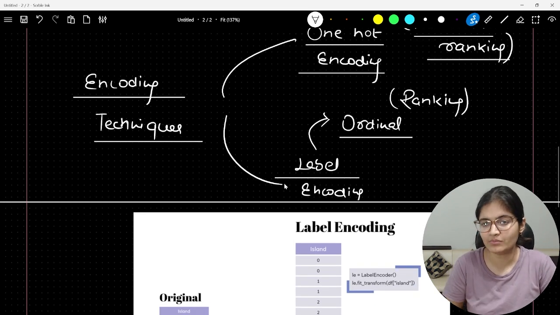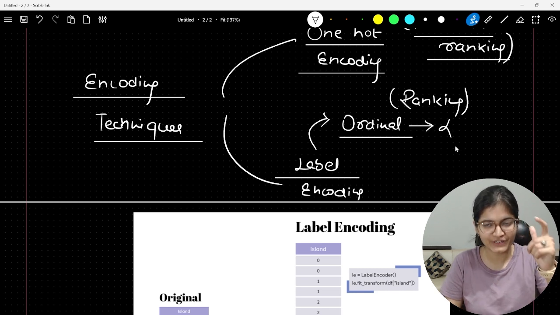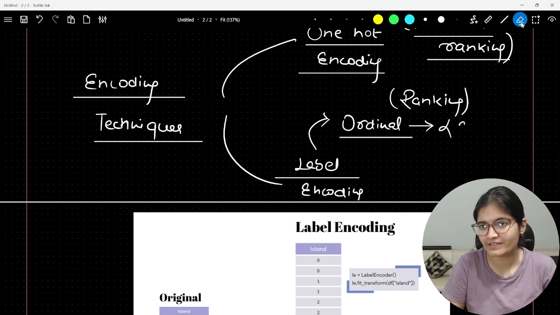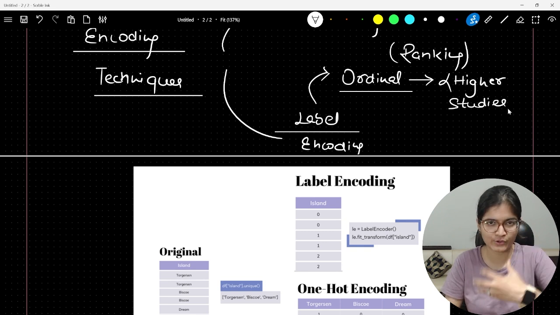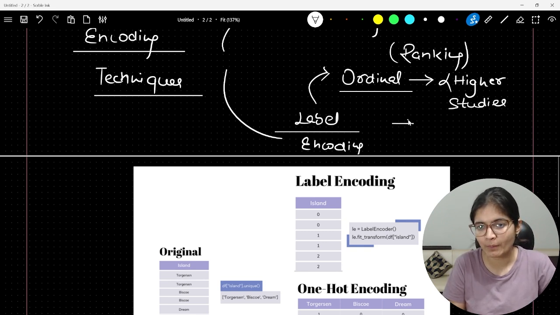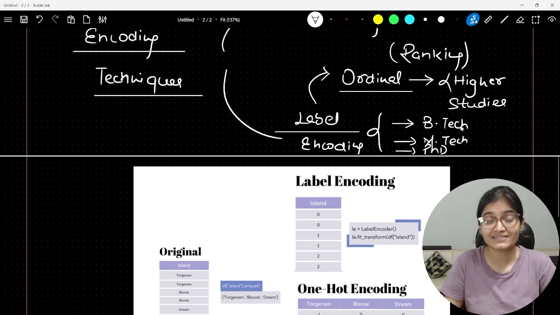For example, let's assume there is a field called education, where we are looking into higher studies. We are doing a survey, and we have three options. A user can write BTech, or MTech, or PhD. So there is a ranking, right?